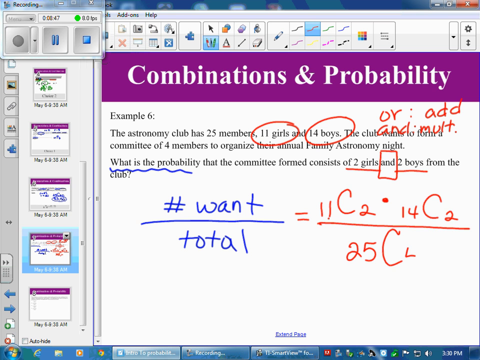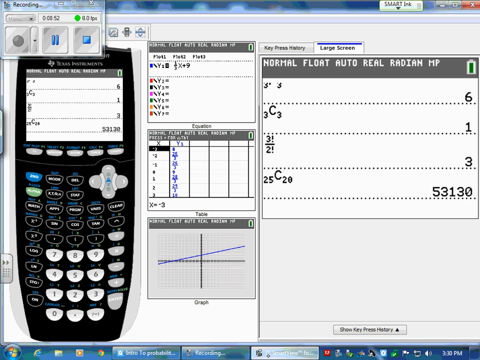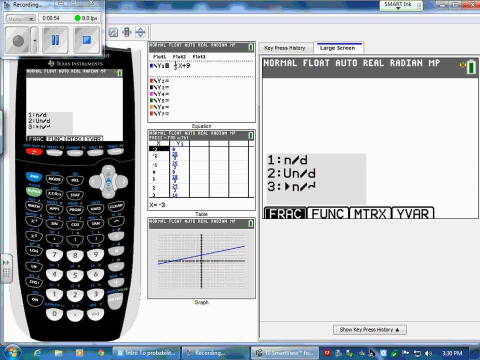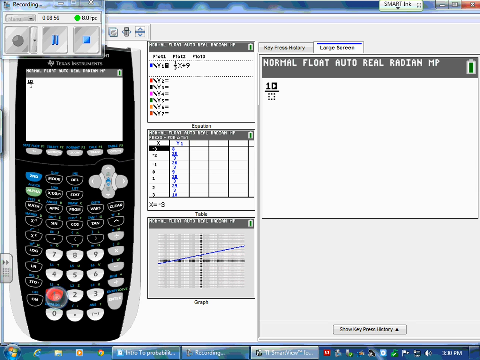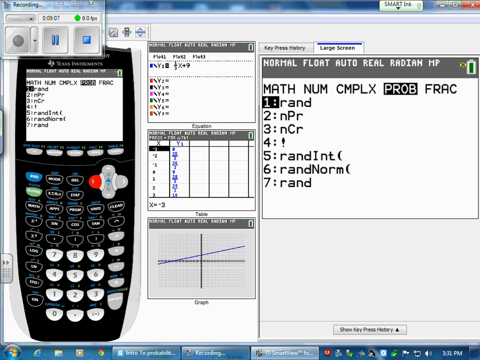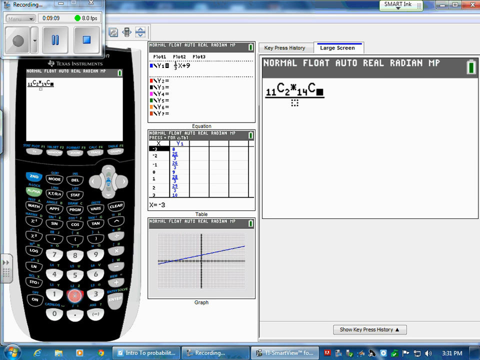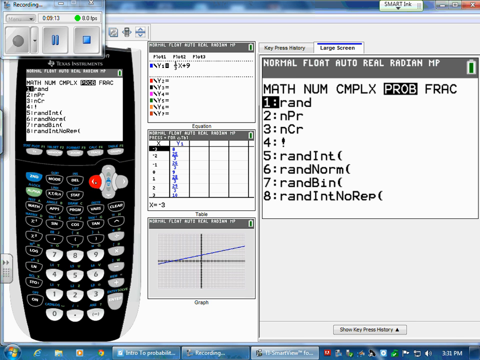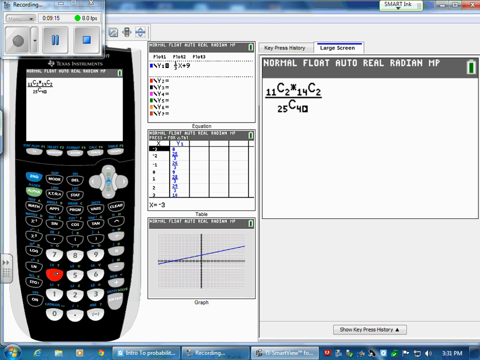So if I go to my calculator now, I can open up a fraction button, type in 11 for my total number of girls, go to probability, combination, and I want 2. I'm going to multiply that by the 14 boys I have with a combination here of 2. I have 25 total people, and I'm going to choose a group of 4. So the top is what I want out of the fact that I have 25 people, and I want groups